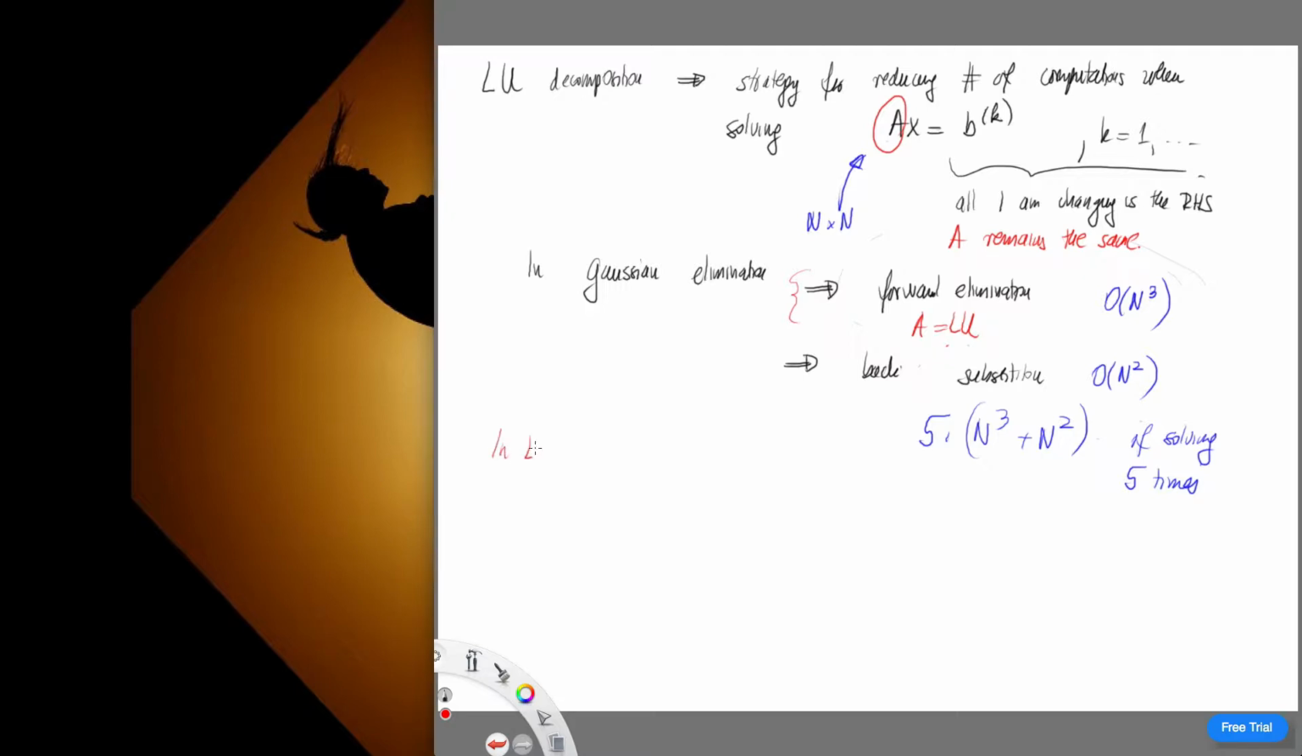So in LU decomposition, you do this forward elimination step only once, and save L and U, such that A is equal to LU. And then every time you change this right-hand side, you repeat. So every time a new right-hand side comes along,